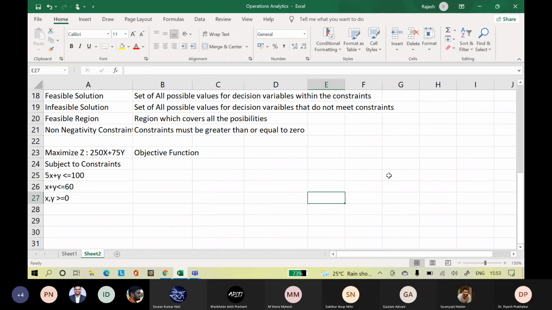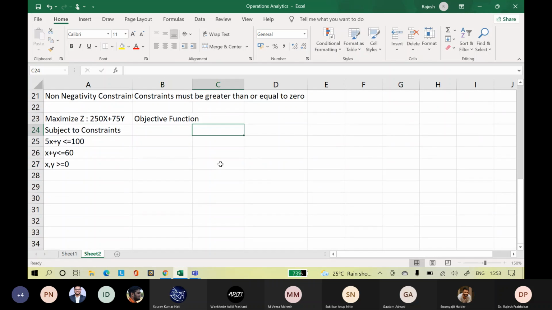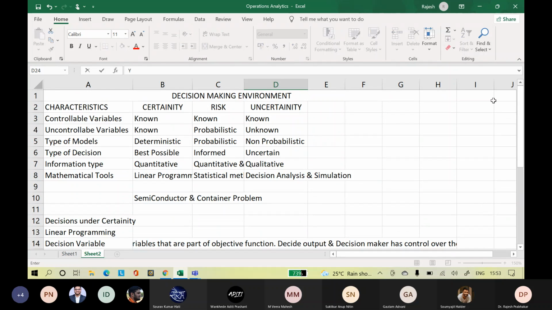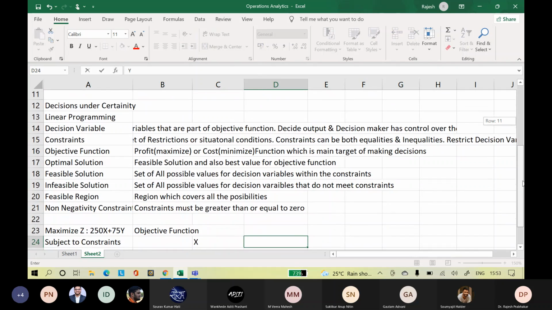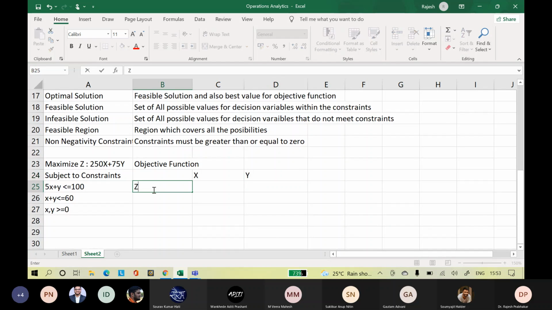Let us say we have 2 variables, x and y. And what is the objective function? The objective function is z. What is the coefficient of x? 250.